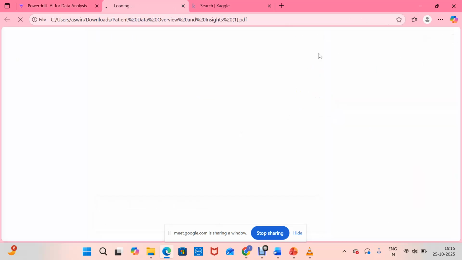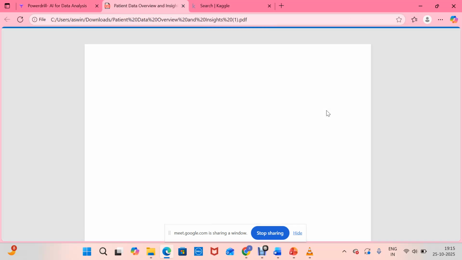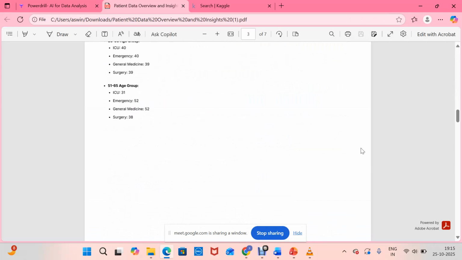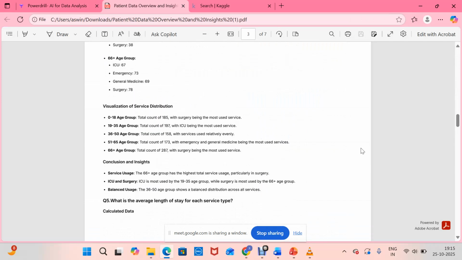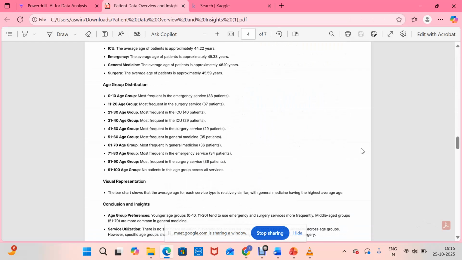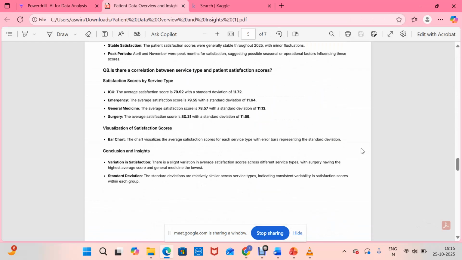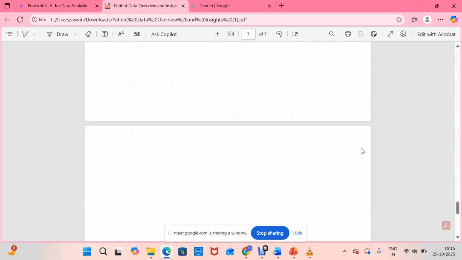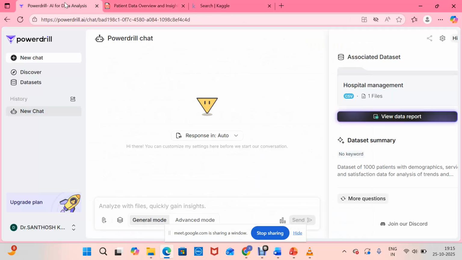See, the PDF is downloading as I told you. See now, the PDF of the complete report. If you want, we can download it as a PDF report, or if you want a Word report, you can download it as a Word as well, and you can use this data for your review, or for your paper as well if you want. But we should give a proper citation for that. Now one more thing we will try out. Now I have a report.